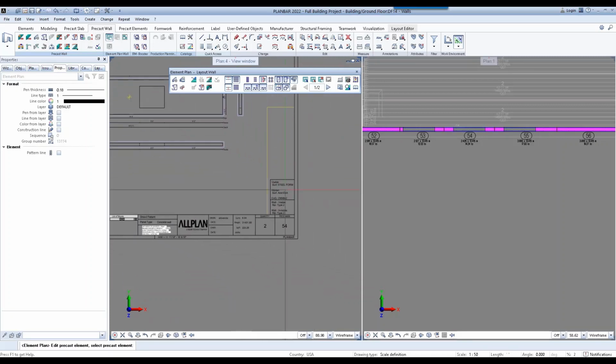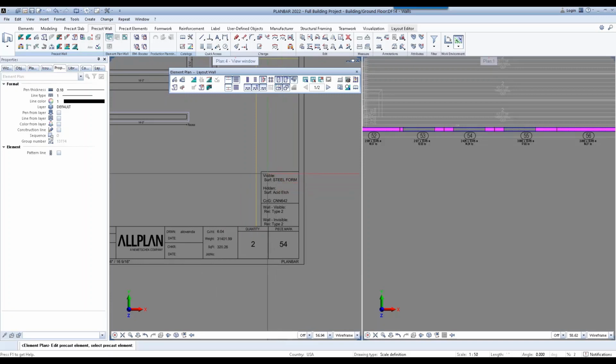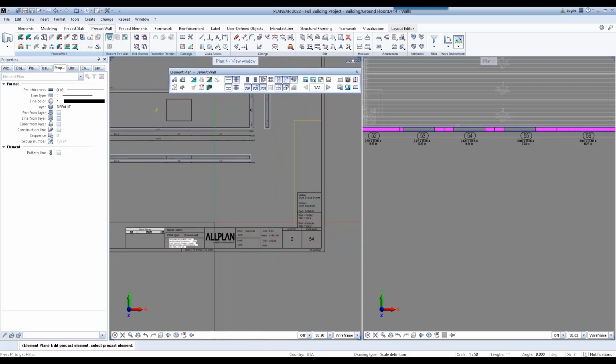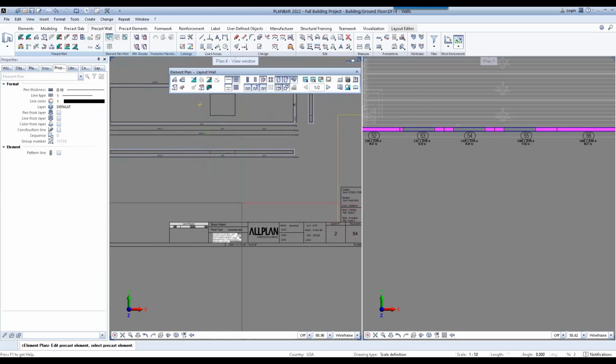And it's even listed our different surfaces for the visible and hidden faces, and then the concrete grade that we're using, and then also our reinforcement configurations that we're using for both the visible and invisible faces, as well as our volume and weight and mark number, and the quantity of the walls. I guess there's 2 of them.